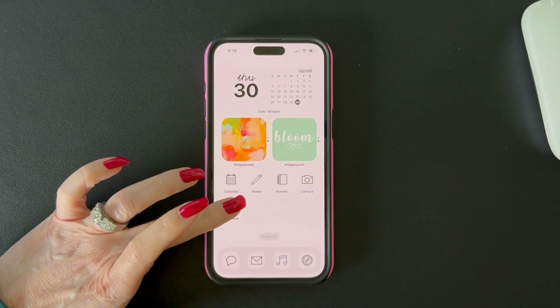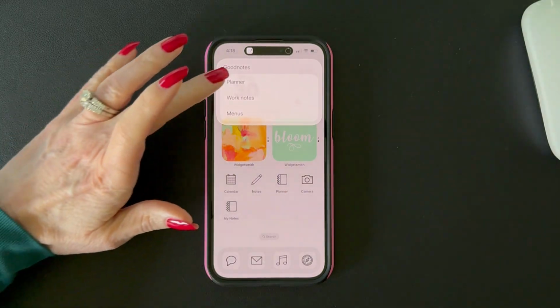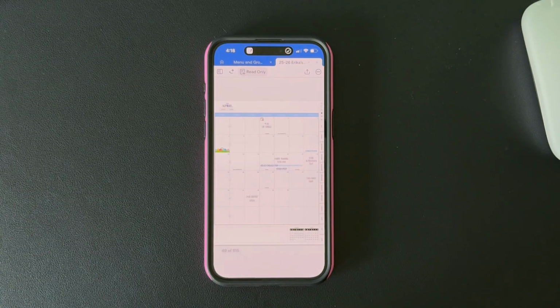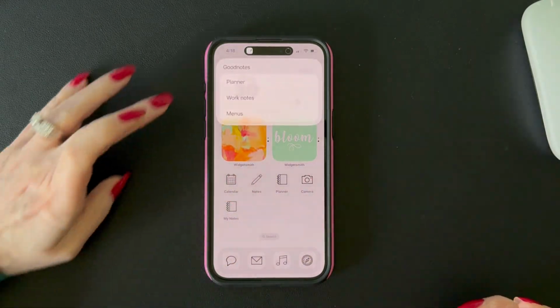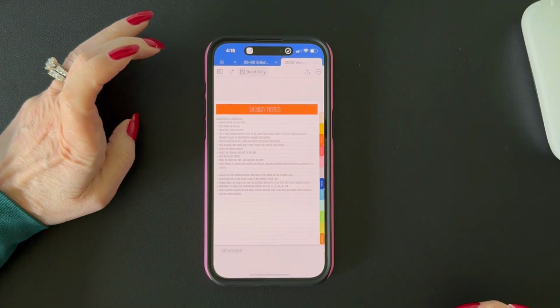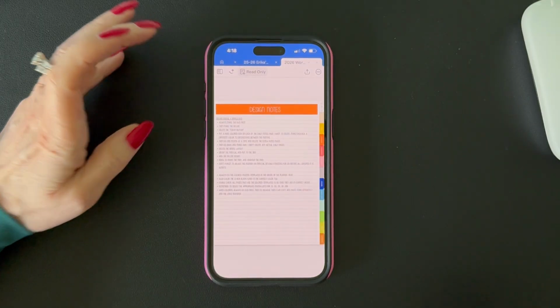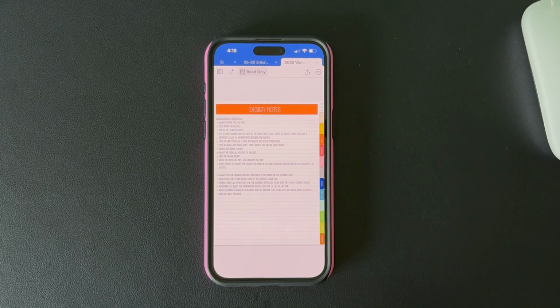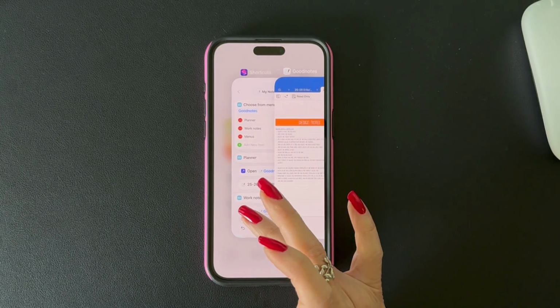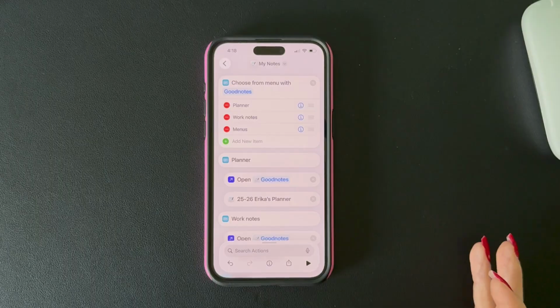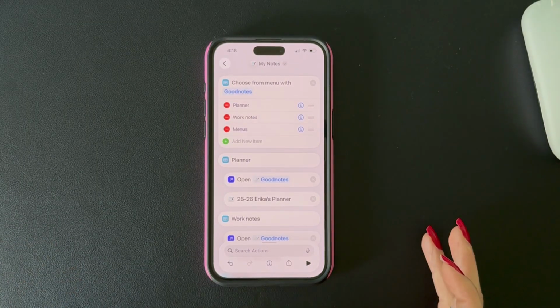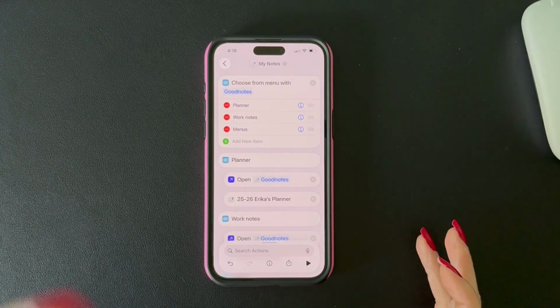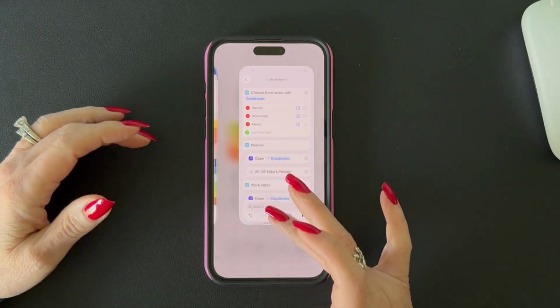So now when I tap on it, you can see it comes up. So let's open my planner. And there you go. Now let's open my work notes. Cool. So anyway, it's a nice handy tool so you can access your documents really quickly. And one thing to note is once you have these in your menu like I do,